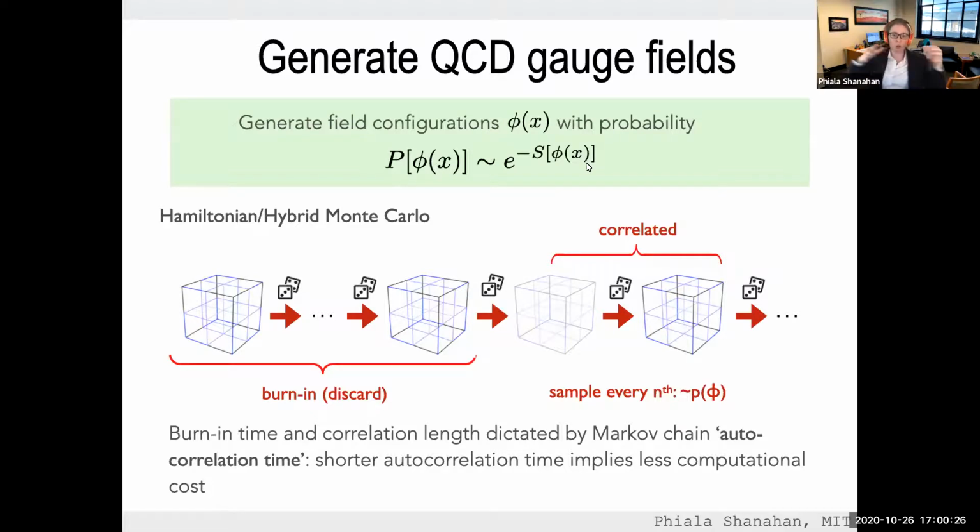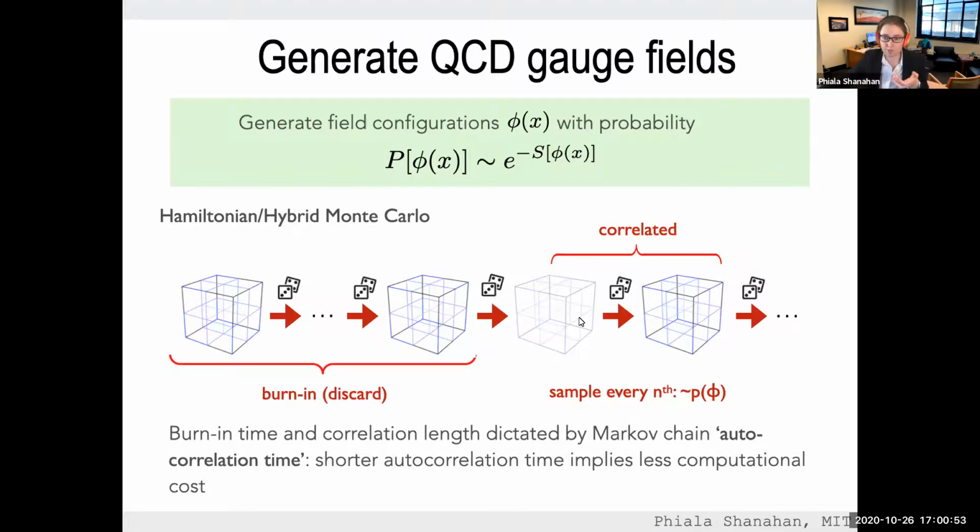You're doing a coupled position and momentum walk through Hamiltonian dynamics to explore this space. And it works via a chain. You make some small update to your configuration in a chain. You have some burn-in time, and then you have some correlated steps, right? You're making small updates, so your steps are correlated. And then the cost to sample has something to do with the correlation length here, because you want to sample